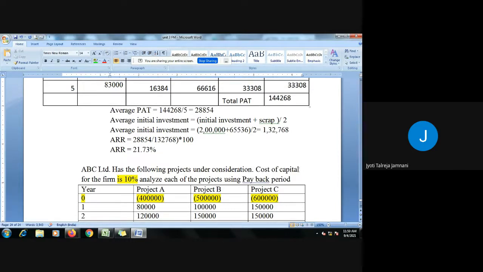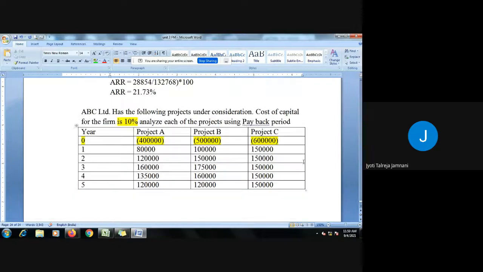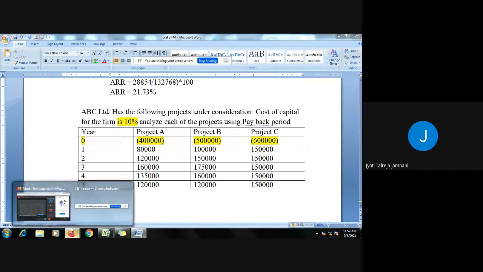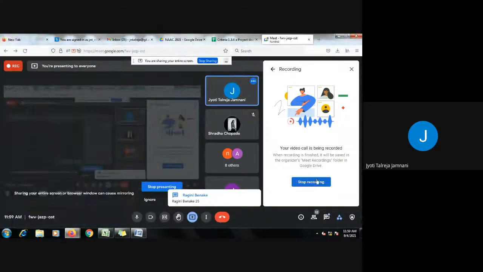Okay, the next method is payback period, which we will do in the next class. This is the last method, and after this, I'll be teaching you the